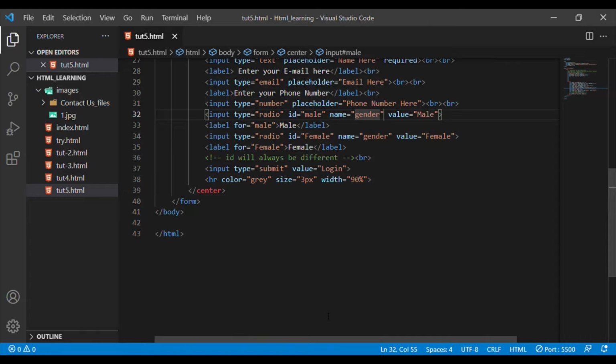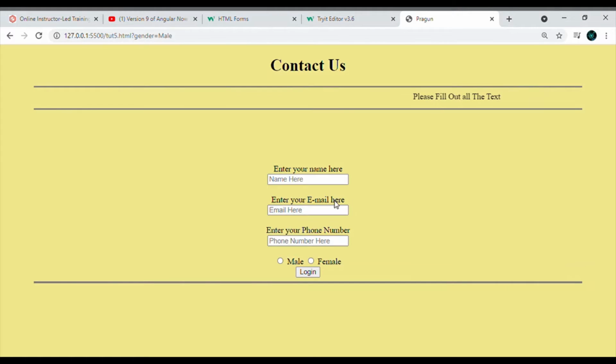So let's save it and check it out. Okay, we are back to our screen. Now you can see that we can click on only one of them, and we could have this in thousands of checkboxes, but it usually isn't done like that.